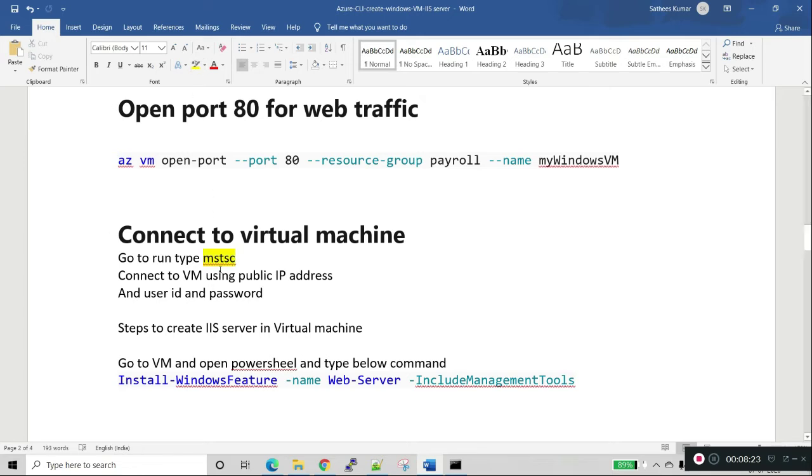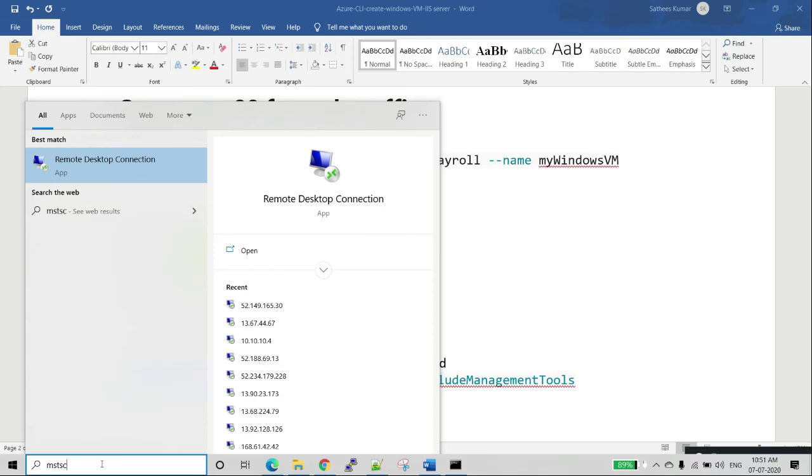So we need to use the mstsc command to open this. We need the Pro version of Windows actually, so we can't use our Home edition for a remote desktop connection. We need to pay around 7,000 Indian rupees to upgrade from Home edition to the Pro version. So for remote desktop connection, we can type mstsc, or we can open Remote Desktop Connection, which opens the same one.